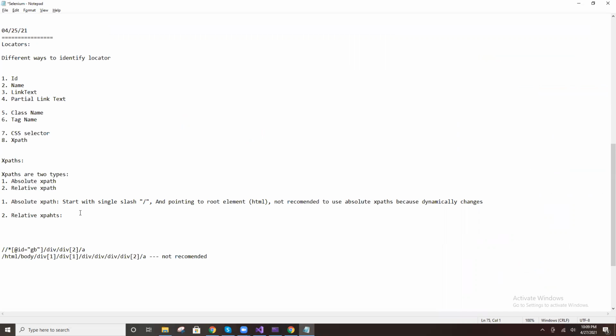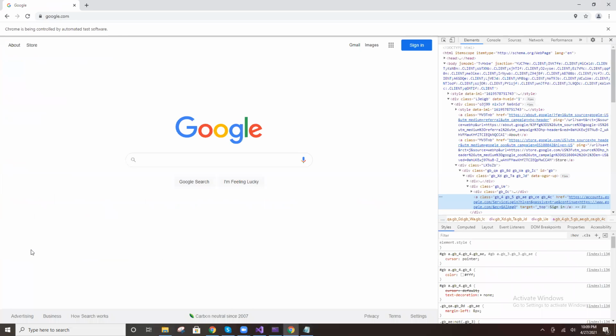Relative XPath starts with two slashes. This is the relative XPath. How to get it?